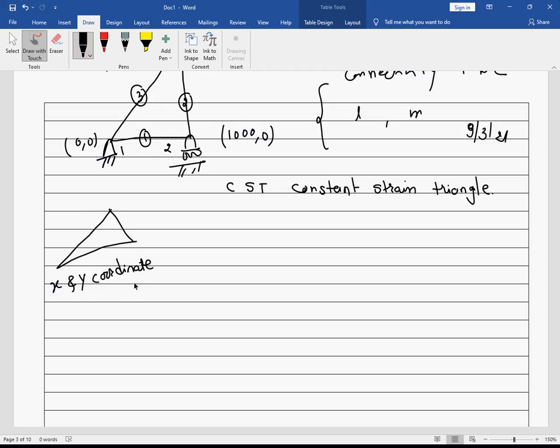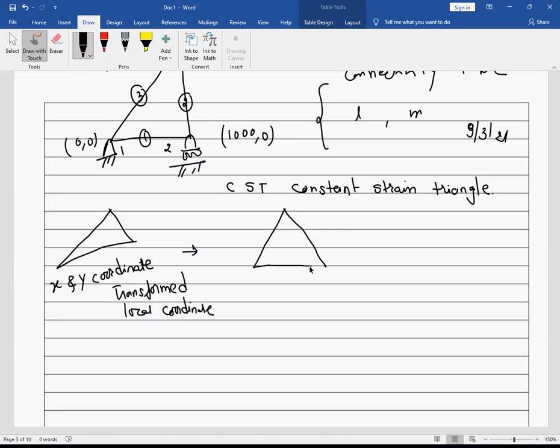Now this needs to be transformed into local coordinate or intrinsic coordinate, whatever you want to say. Intrinsic or local coordinate. So we need to do the transformation so that